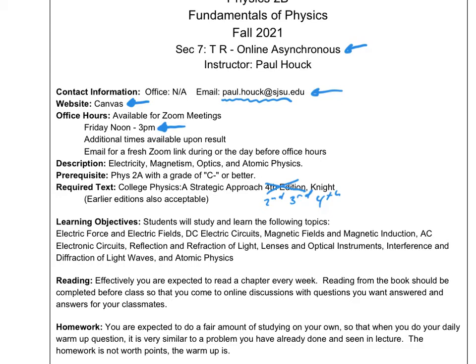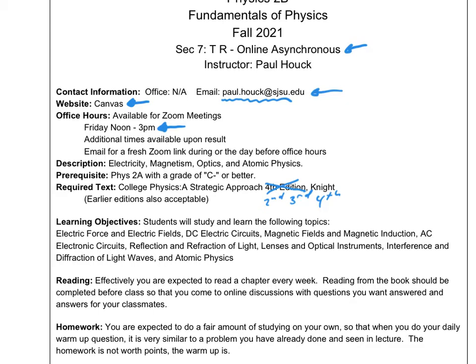I have had a student use the 1st edition, and it worked fine. It was just kind of meh. It was all black and white and no pictures in it. So I think that the 2nd, 3rd, 4th edition are the good ones to go with. And if you look for the 2nd edition, you can get it way cheaper than you can the 3rd or 4th.